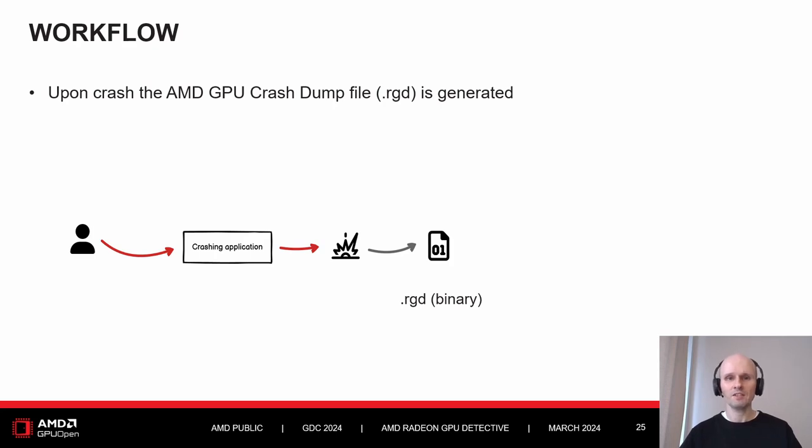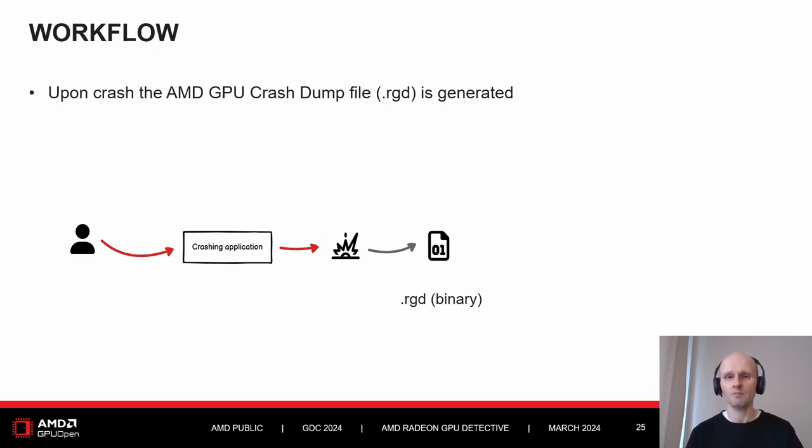Once the application crashes, all the tracked information is written to a binary crash dump file, or an RGD file, for further analysis of the crash. That file is a binary format that contains all the information that is captured or tracked by the tool. We will see how this information is presented by the RGD tool and can help a developer debug the crash